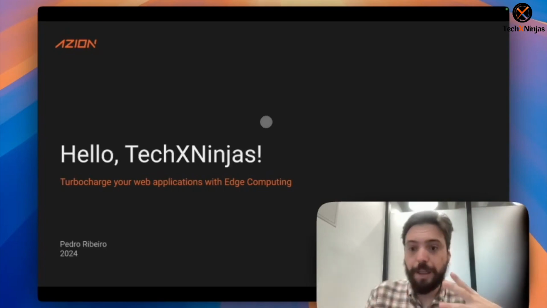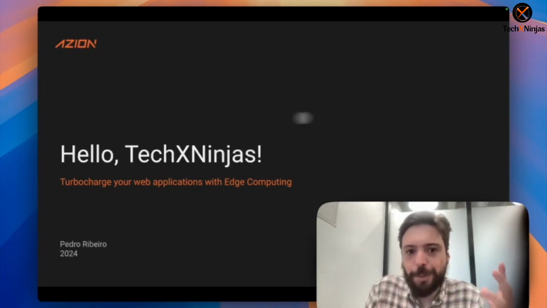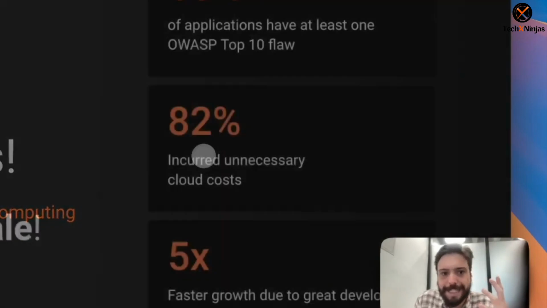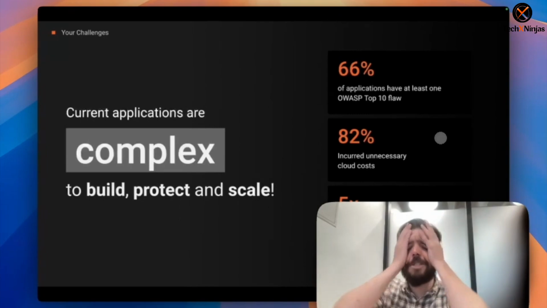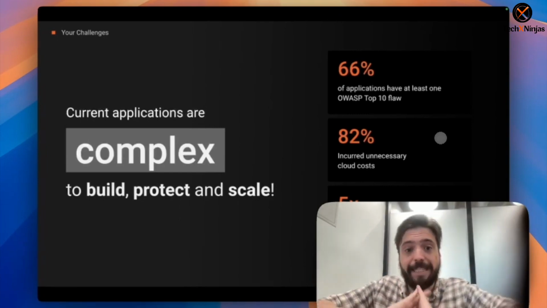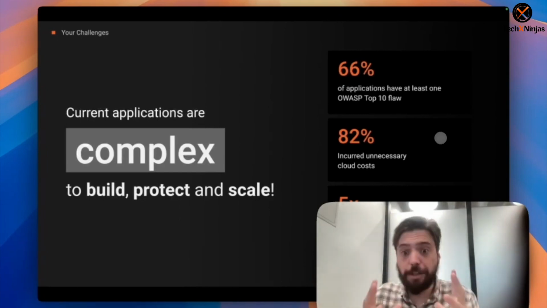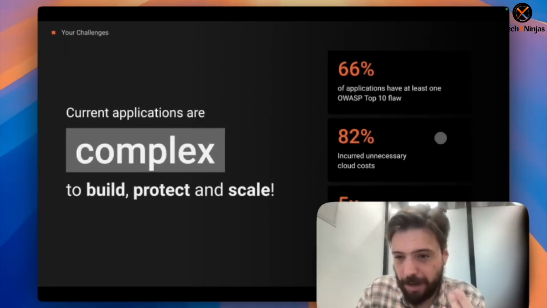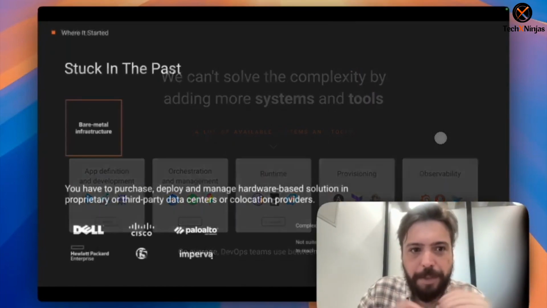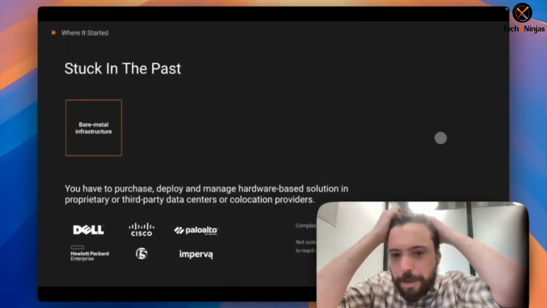So to begin with, let's talk a little bit about what edge computing is. Nowadays, current applications are too complex to build, protect, and scale. There's a lot to do, and usually the cost is a bit high. So let me just skip here to a little bit of